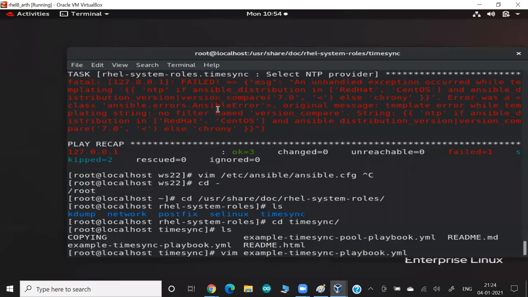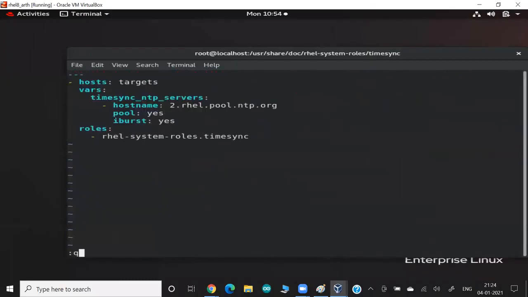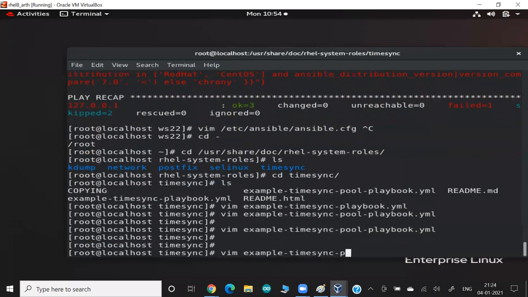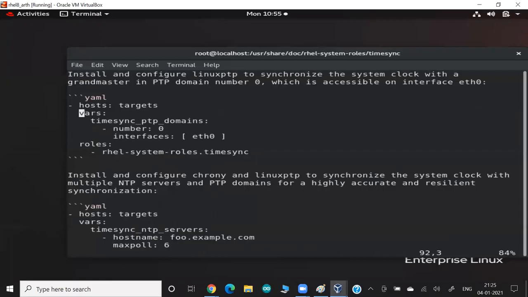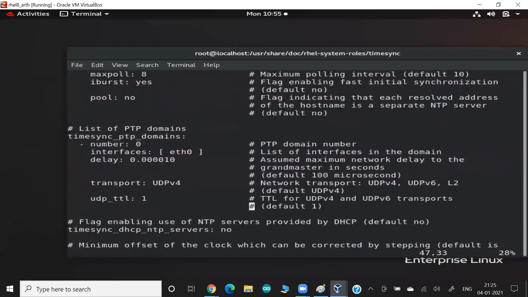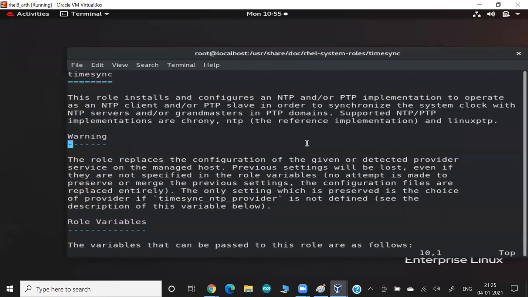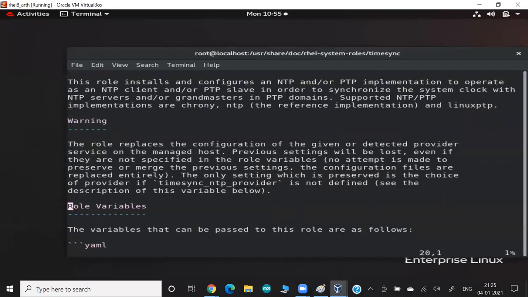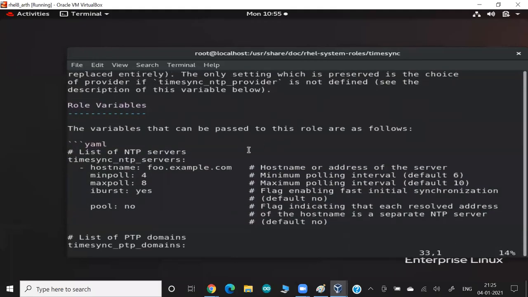String NTP is not available. I don't know what the issue is here. This role normally works properly. One minute, guys. It's exactly the same code. Role implement chrony. Maybe behind the scenes they are using some